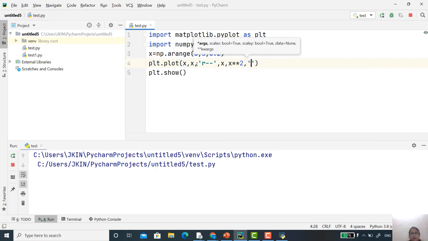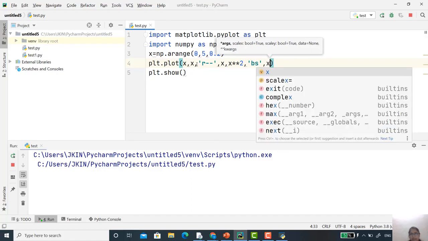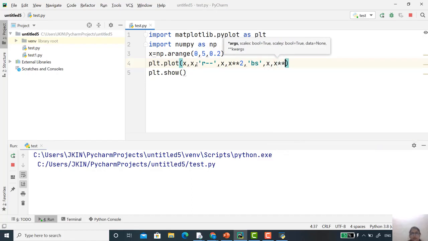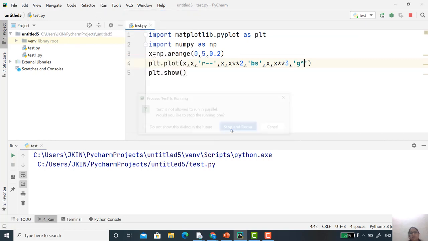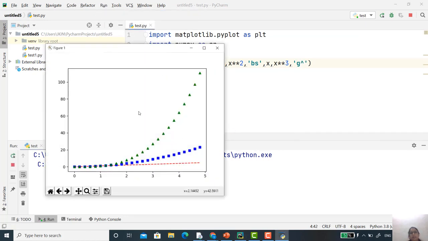And here what do you want? You want blue square. And what is the third argument? That is x as it is, and y equal to x cube. And the style is a green triangle. Now let's run it. Yes, it gives us the same result.